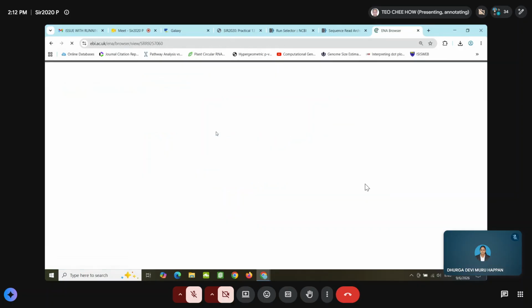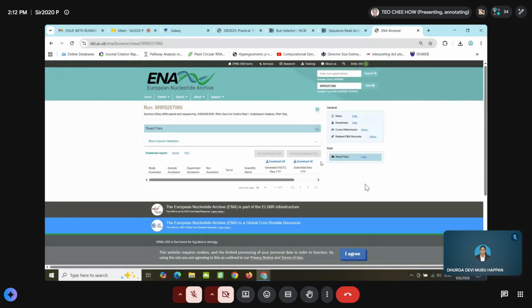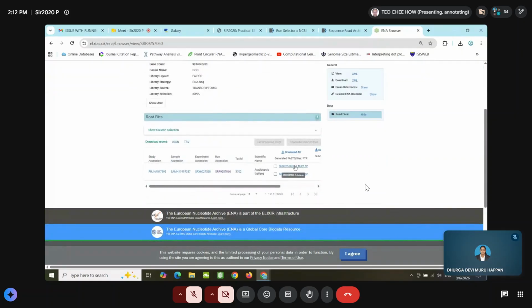You click on this, then you can download all from here, or download one by one. When you download a selected item, it will download the forward read and reverse read, and in this case, you don't need to use the SRA toolkit to convert the SRA file into a FASTQ file.